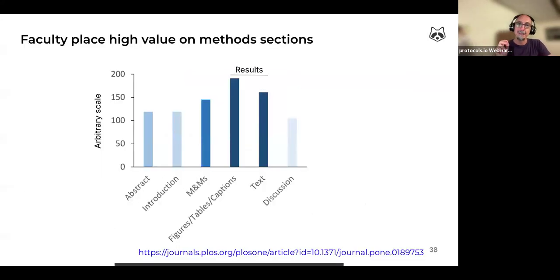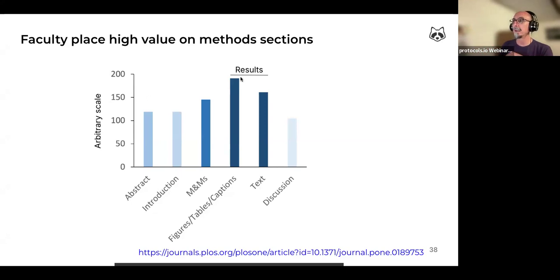And I want to highlight that doing a good job at reporting your methods should increase the impact of your papers, as these data show. What we see here is a study showing that faculty, when reading research papers, value the methods section just second to results.